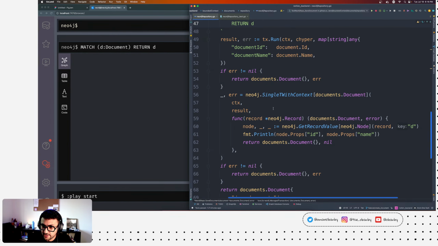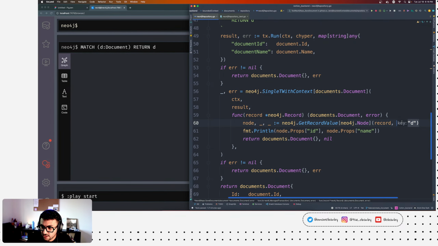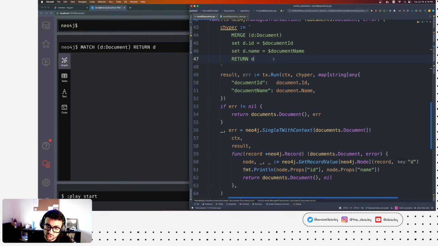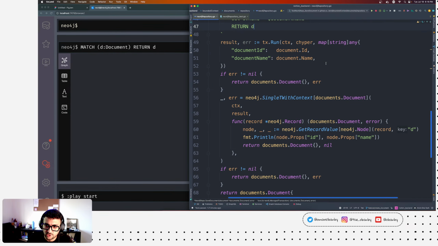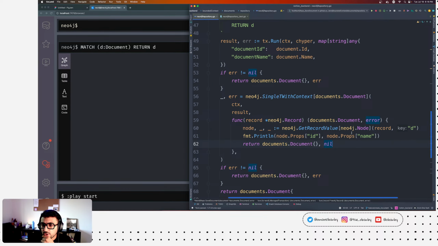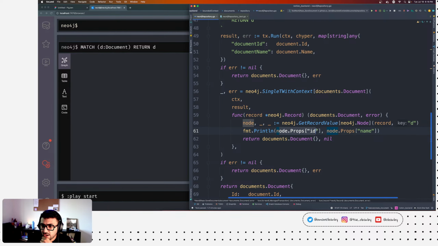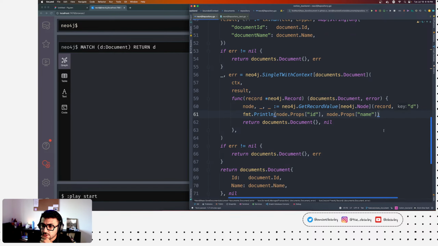So that's why my key here identifies the node as D. Because remember, in Cypher, you can return multiple things. And since they are named, you can reference them directly. Okay, and then we printed the ID and the name for that document.